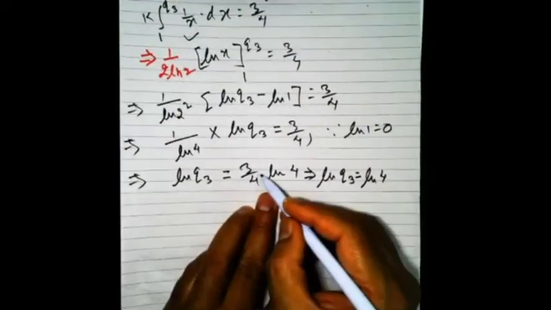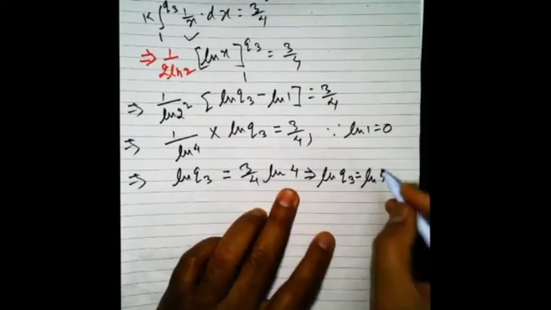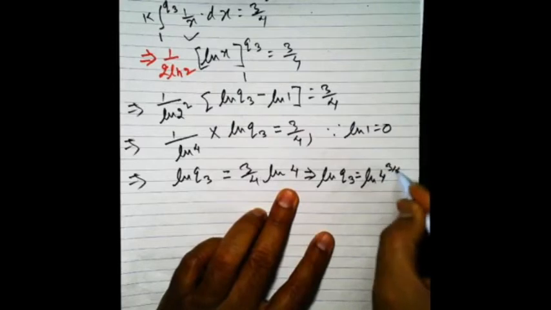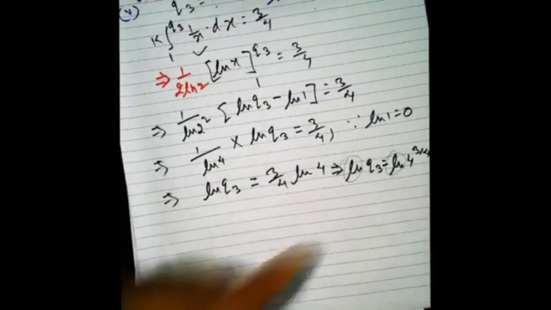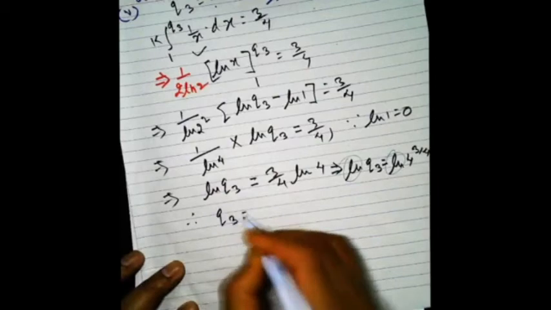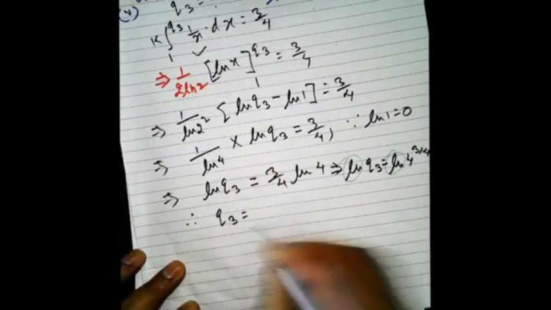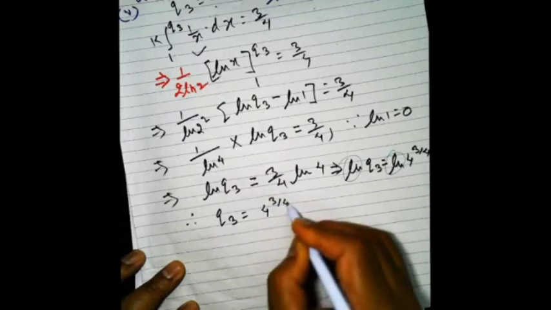So this is the coefficient, and in another step you can put this to the power of 3 by 4 using the law of logarithm, and from both sides you can eliminate ln. So you are left with q3 equals 4 to the power 3 by 4,